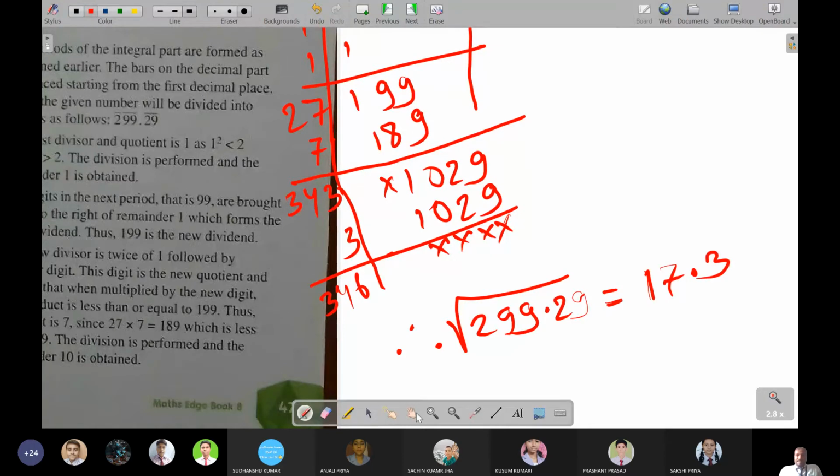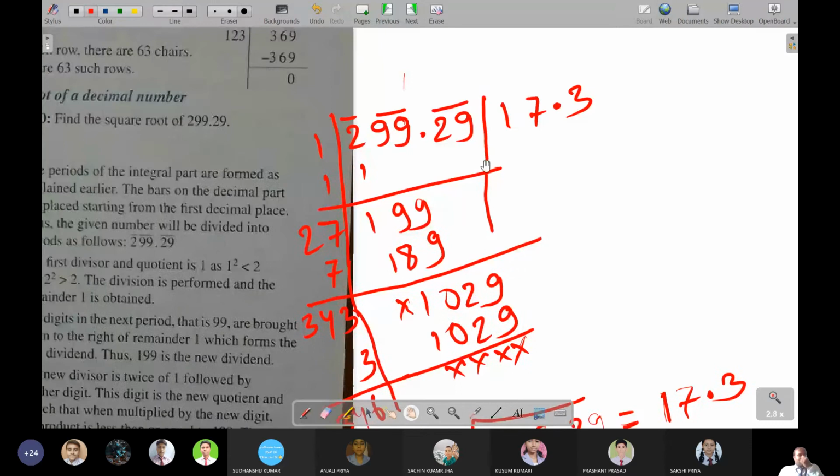Okay, let's see once again. What you have to do is pair the number from the last, 2 digits, and 1 was left, so 1. Again you will divide in the same way, 1 multiplied by 1 gives 1, because 2 to the 4 we can't do, it is 2 only. While subtracting it came 1. Now the next pair will come down, that is 99. Now you will keep such a number over here which will divide it, and not a smaller number like 6; 7 only you have to keep. And we can't keep a bigger number either. When you keep 8, you will find the number is bigger than 199.